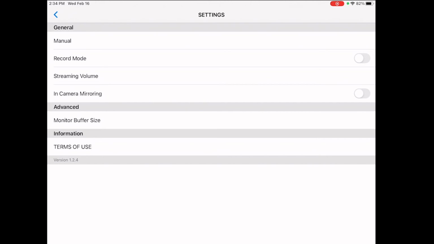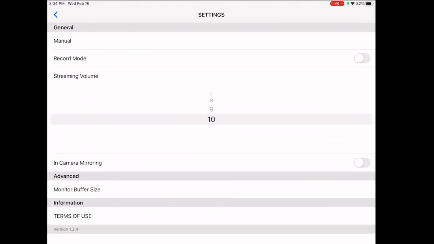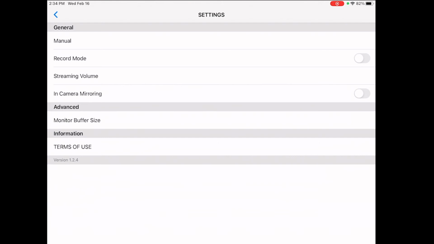If I wanted to change the streaming volume, I can change that here, or I can change it directly on the pad. There's a knob at the top to change the stream volume. I can also do in-camera mirroring, which just flips the orientation of my face camera. I don't really want to do that, so I'm going to switch that back off. And those are really the only settings you need to worry about. So if I go back,